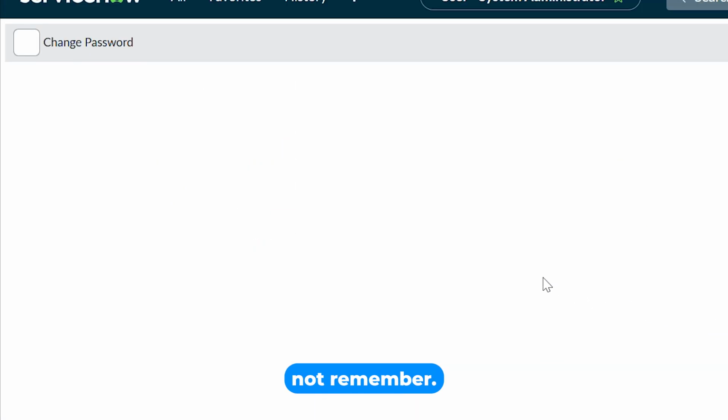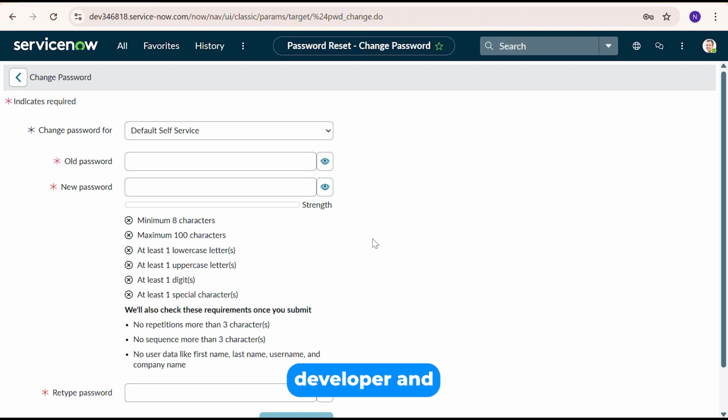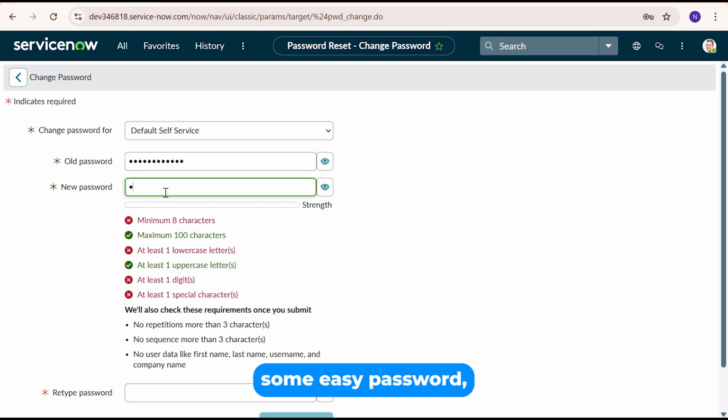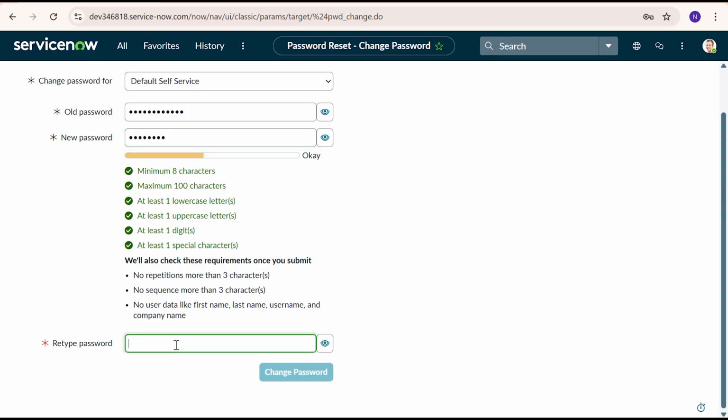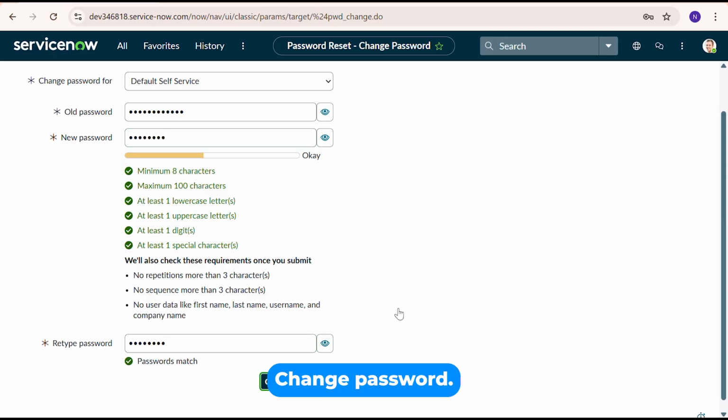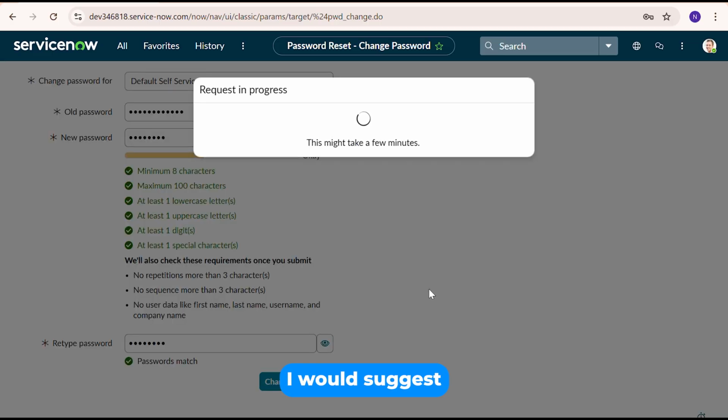Because I could not remember that password, I have to go back to the ServiceNow developer site and use it again. So instead of doing that again and again, I can simply remember my dev instance name, dev346, or make a bookmark of that. I will put the old password, and I will set some easy password which I can remember. Change password. So the very first thing I would suggest to all of you is, instead of going to ServiceNow developer every time, you can